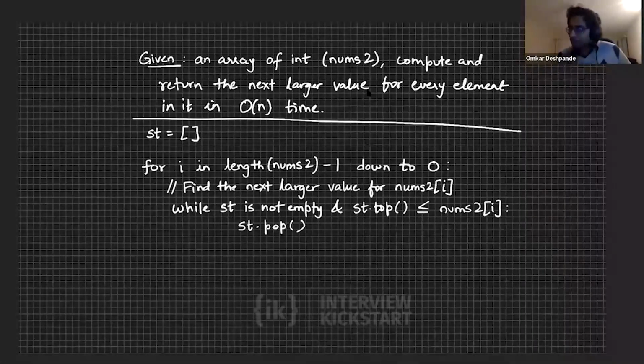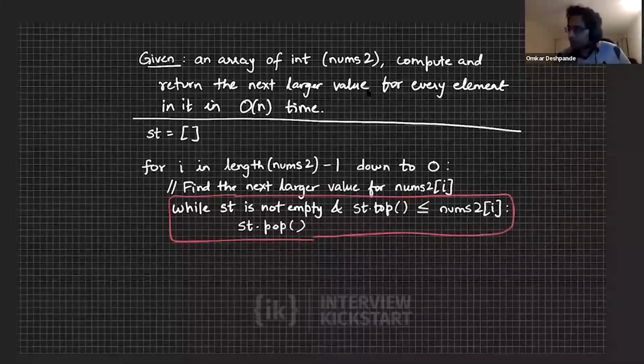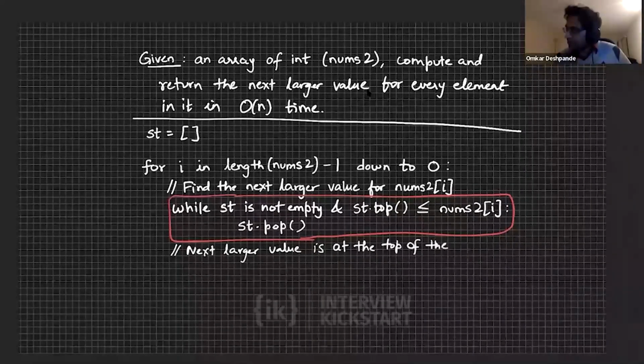So when we exit this while loop, we would be staring at the next larger value for nums of i at the top of the stack, if at all it exists,